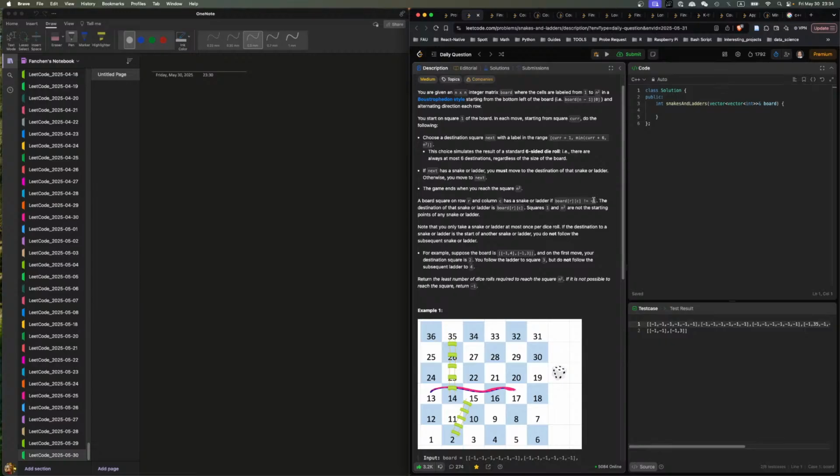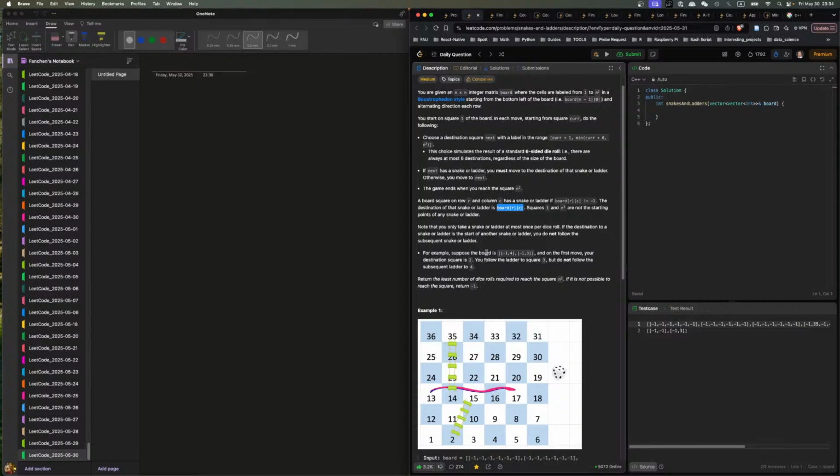Okay, and the destination of that snake or ladder is, oh, this value tells you the destination. Okay. Note that you only take a snake or ladder at most once per dice roll. If the destination of a snake or ladder is the start of another snake or ladder,